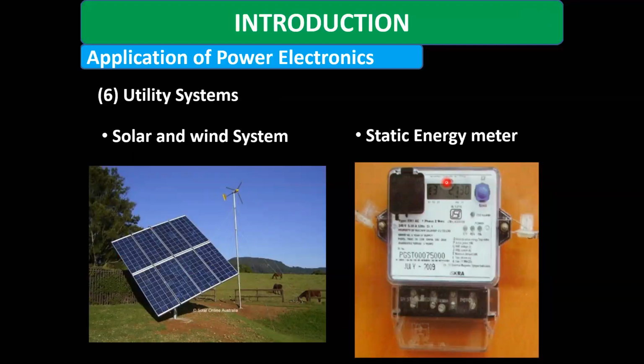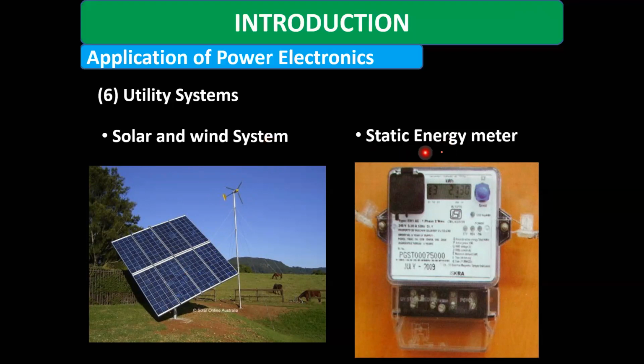Similarly, we are also utilizing the energy generated through solar technology and through wind technology. In that case, the voltage generated through solar is only DC, and the voltage generated through the wind generator can be DC or AC, but it is unregulated DC or AC. So to get a proper AC supply from solar as well as wind, we need a power electronics converter which regulates and controls the output AC power or constant DC power.